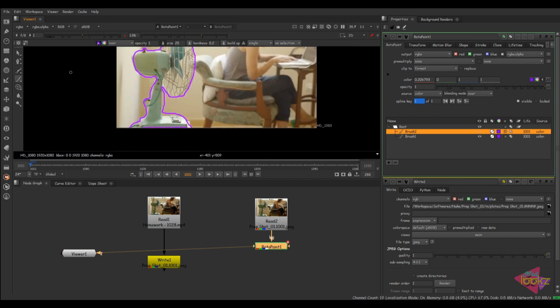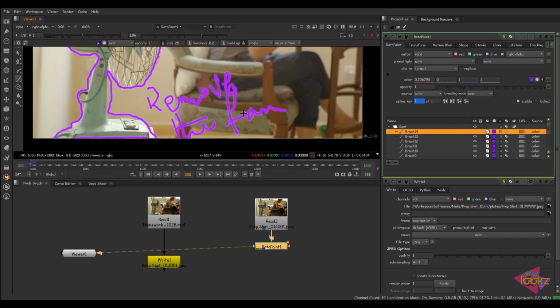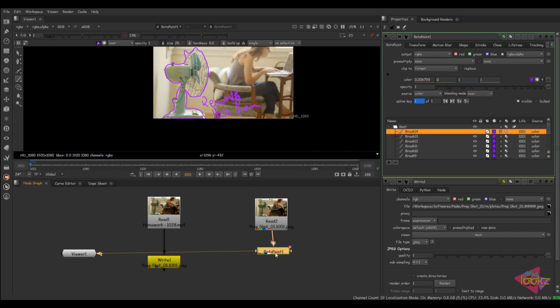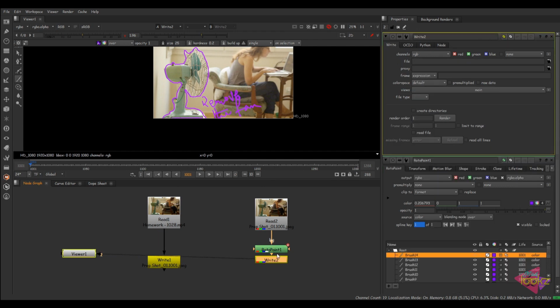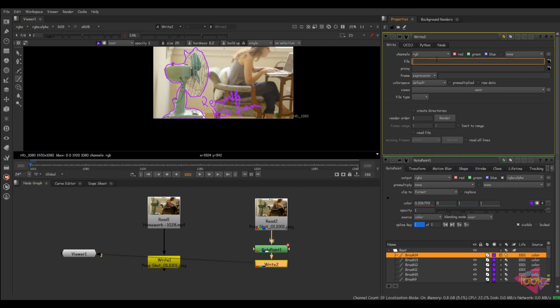Now we have a reference here. So remove the fan. Okay, done. Now we have a reference image here. Next, I'm going to render a single frame from here. So go back into the reference folder, copy the path, paste it over here and open that.